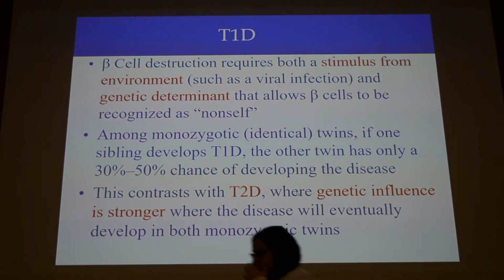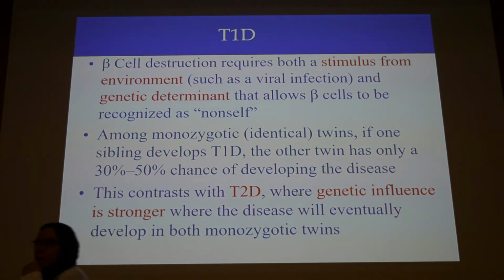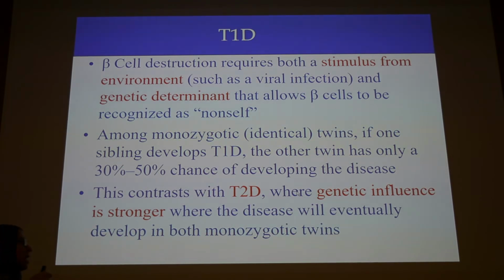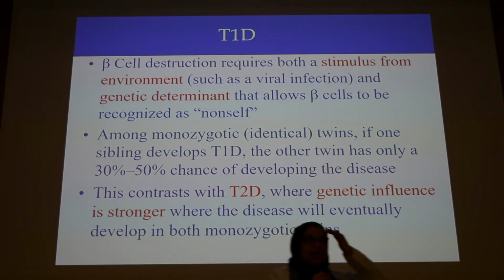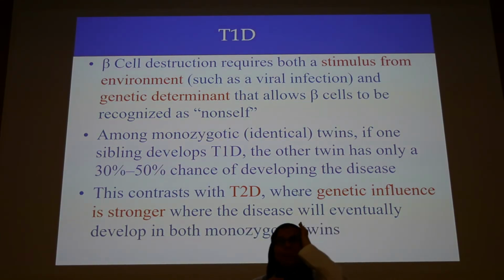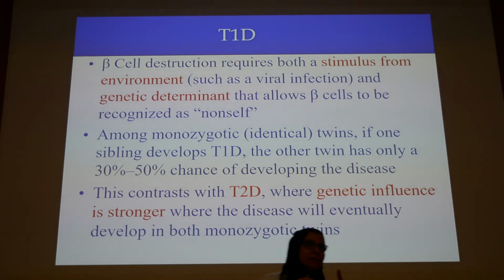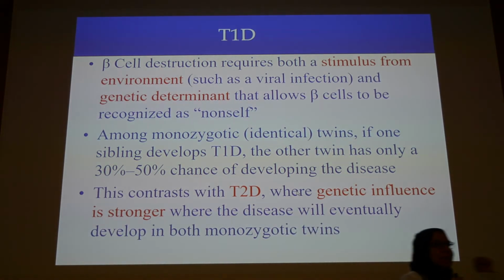So weight loss, what else? Thirst. Yes, excessive thirst, excessive urination, excessive hunger, and we will talk about them in detail. But first of all, let us review the genetic factor. We said that in both type 1 and type 2 there is a genetic factor, but in type 2 the genetic factor is stronger, and this is based on studies on monozygotic twins.